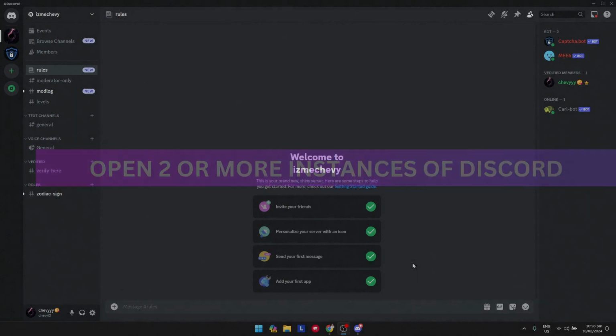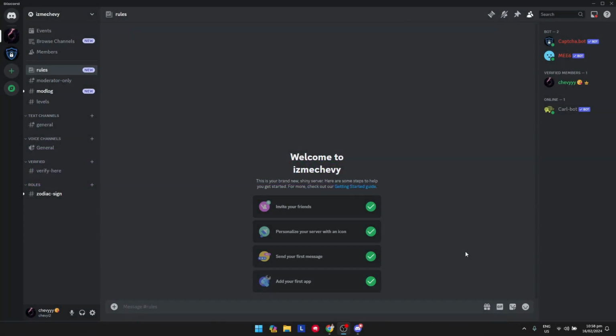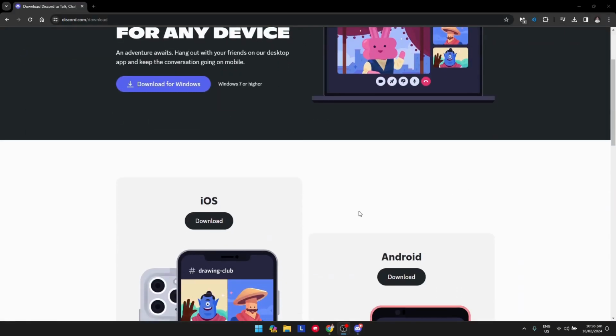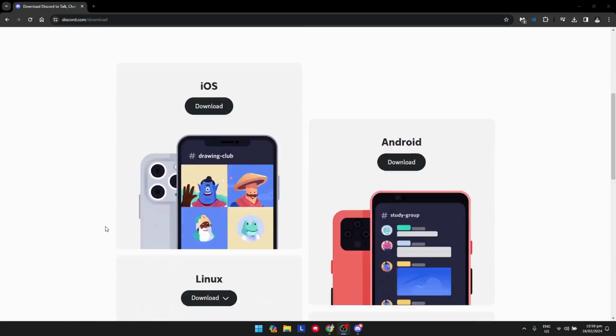For this video I'm going to show you how to open 2 or more instances of Discord. As you can see, I have the stable build of Discord, which is the most used one. If you want to use 2 or more instances of Discord, just go to the